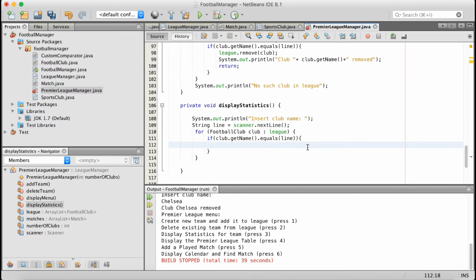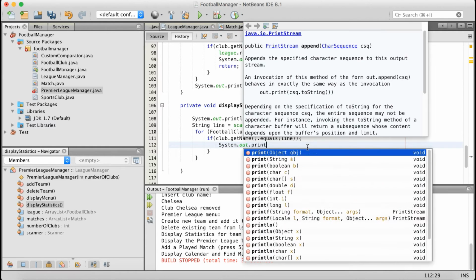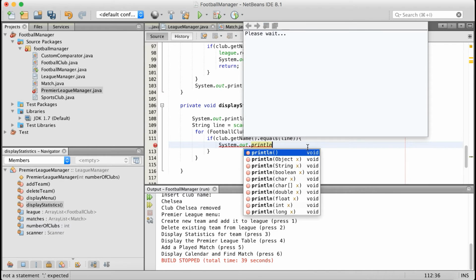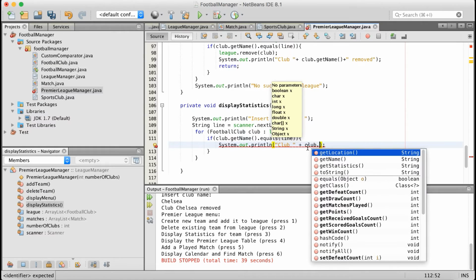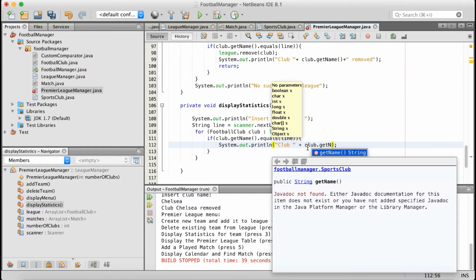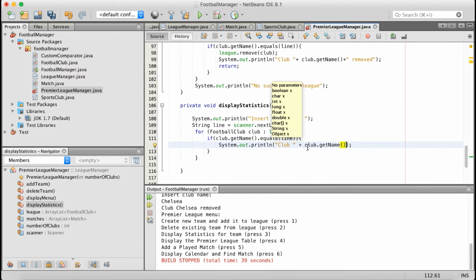So if it does equal, so if the user for example inputs Chelsea and Chelsea is inside the league, what we're going to do is System.out.print. We're going to get the name of the club that the user entered, so club.getName, plus